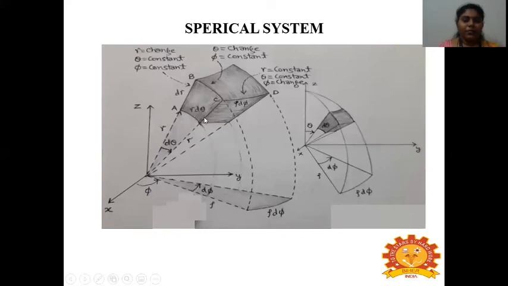So see here, this is the point P and then the incremented length. So this is the surface. If we consider R is only changing and the remaining two are constant, that is, if R, the radius, is only changing and phi and theta are constant, we will obtain this plane. Then if theta changes and R and phi are constant, we will obtain this plane. And if R is constant and theta is constant and phi varies, we will obtain this plane. So here all three will be planes.